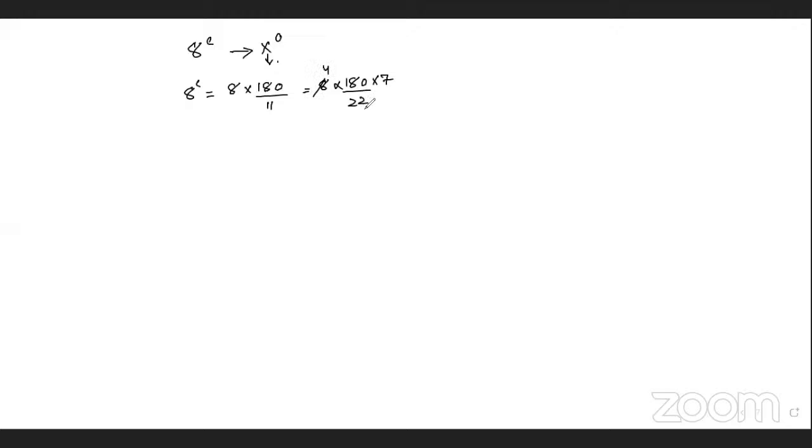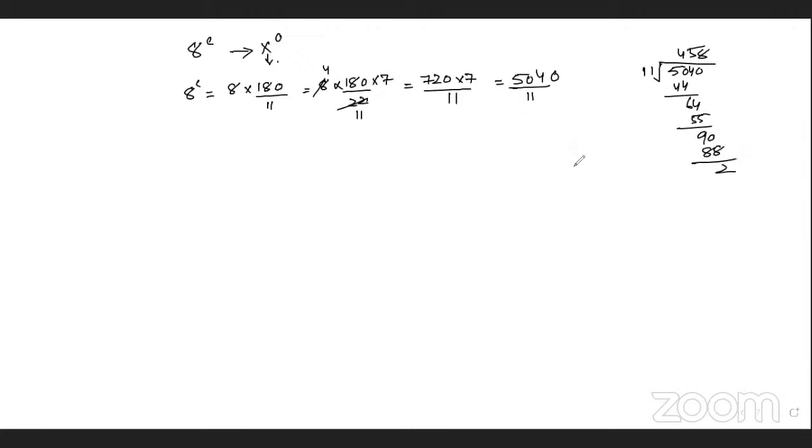2 4s are 8, 2 11s are 22, 7 4s are 28, 18 4s are 72, into 7 upon 11. That's equal to 5040 upon 11. Now we divide 5040 by 11. 11 4s are 44, 11 5s are 55, and so on. So it is 458 complete degrees plus 2